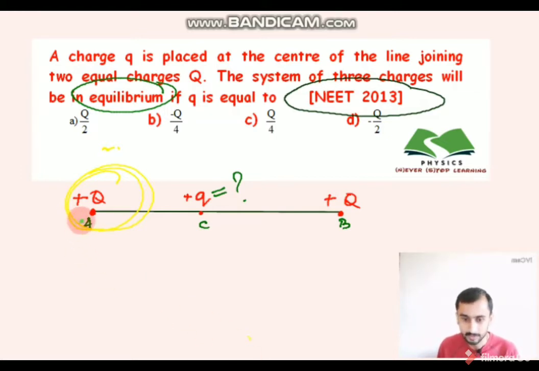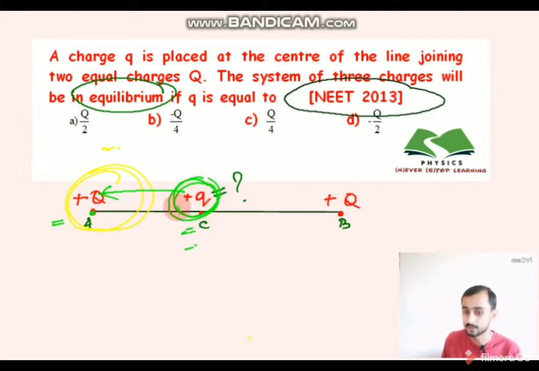Now if you consider this charge at A, small q will apply some force on this, because this is a positive charge, this is a positive charge, this is also a positive charge, so positive repels. That means small q will apply some force on this capital Q. Similarly capital Q also applies some force on Q. Anyhow, I am particularly considering the charge at A, so I am considering the net force on the charge at A. The first force on the charge at A is nothing but the force due to this plus Q.